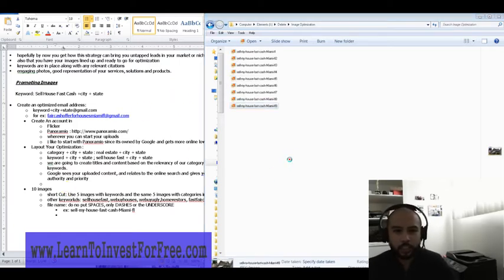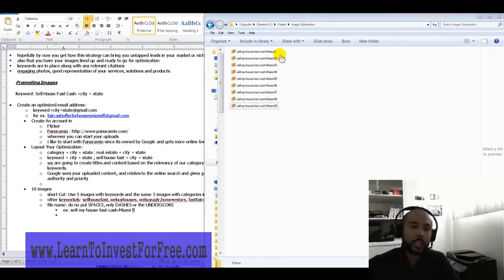Alrighty, it is a right-click rename. I mean, there's really nothing fancy or complicated about it. It is repetitive, though, as you guys can see. So my keywords that I'm using here are sell my house, fast cash, Miami, Florida, and I have 10 images